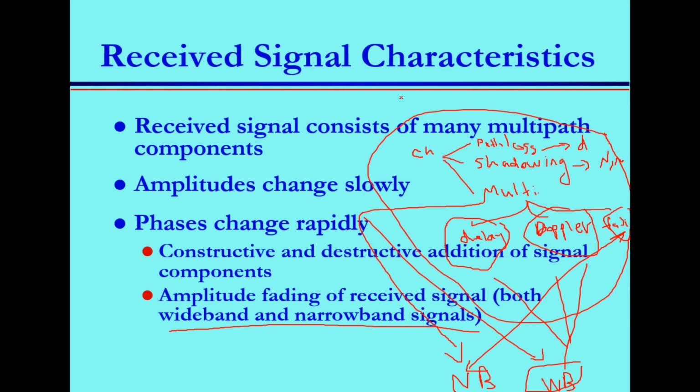This means that with respect to the receiver, all of them are on top of each other. If you cannot distinguish the time difference, then you are seeing them all together. So the received signal is mathematically the real part of your transmit signal multiplied by e to the j2